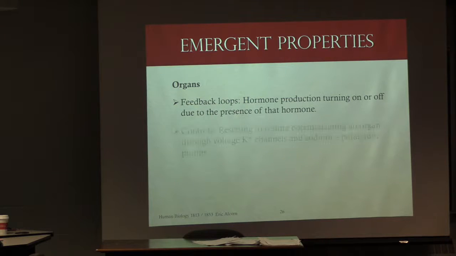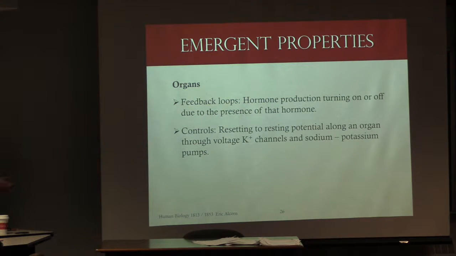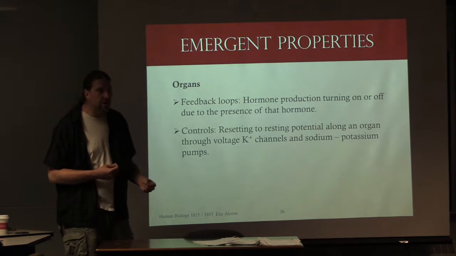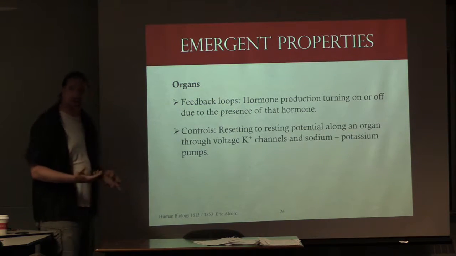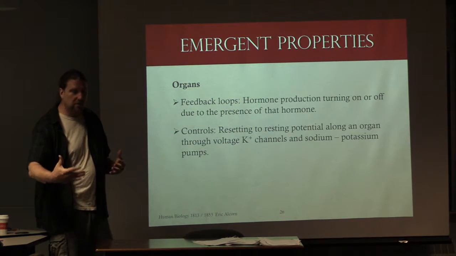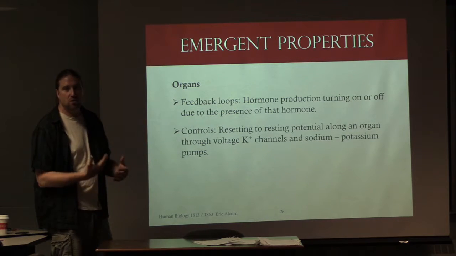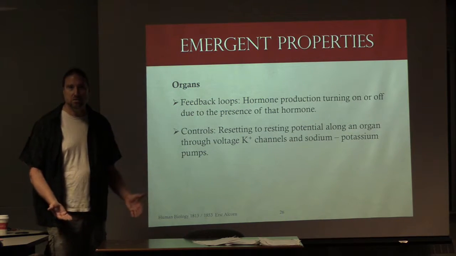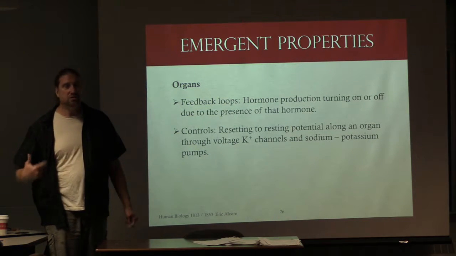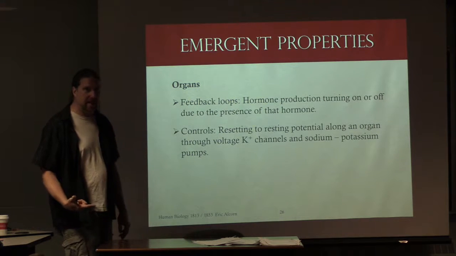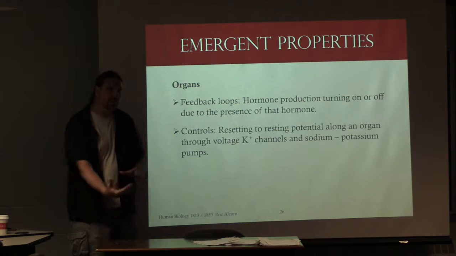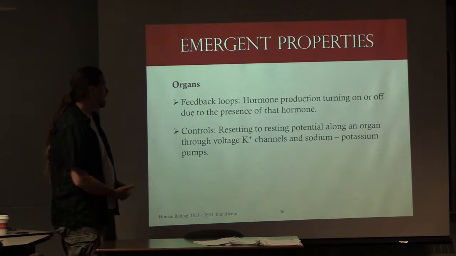So what are the emergent properties here? We would give feedback loops. Hormones can turn on and off those functions. We have signaling, that ability to have physical motion. This is now a product of the organ level organization. You don't get the motion of a muscle by the muscle alone. The muscle can't operate on its own. It needs the nerve to trigger the action potential that allows it to happen. So that's why the combination of tissues is important. So that movement of muscle, or the contracted muscle, only happens at the organ